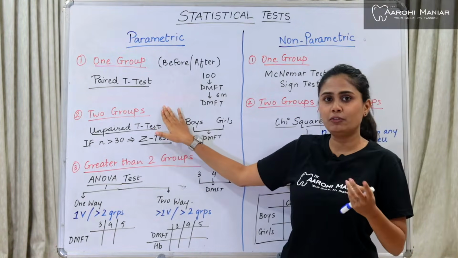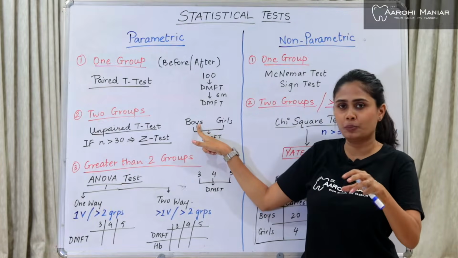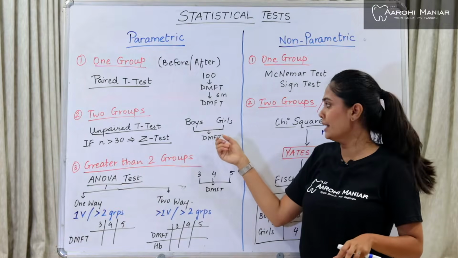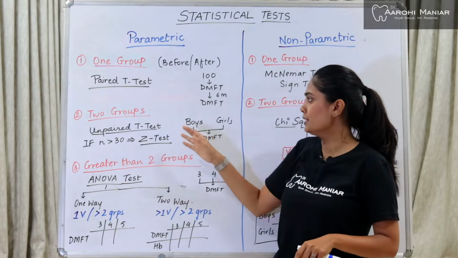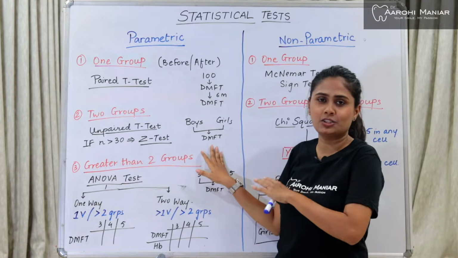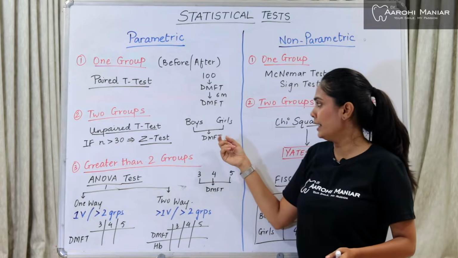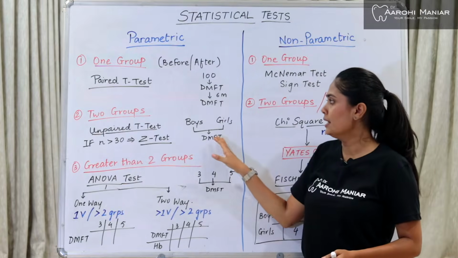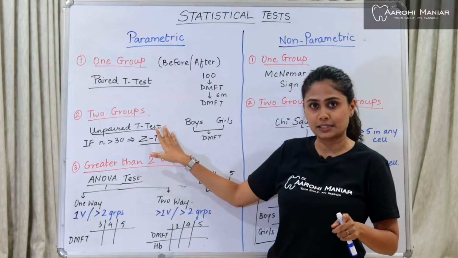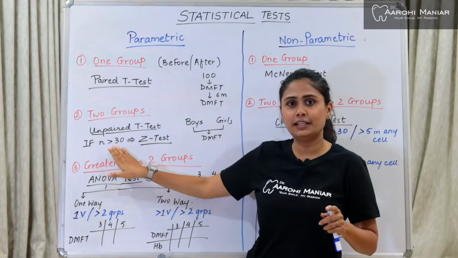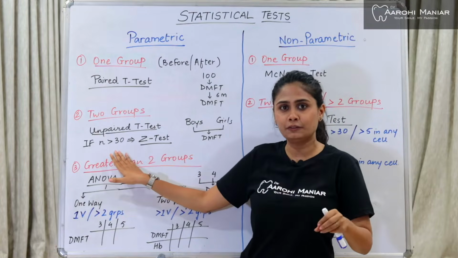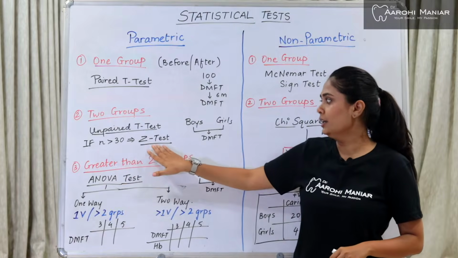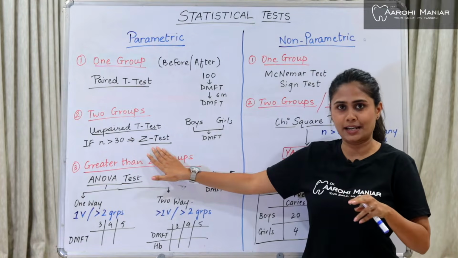Okay. So when we have two groups, for example, when we have a group of boys and a group of girls, when we segregate into two groups and then we take the DMFT index, this can be any index, this is just taken for example. So when I separate this population into two groups and then I take a test, it is known as unpaired t-test. In such cases, when n is greater than 30, n means my group of choice, the test itself is known as Z test.